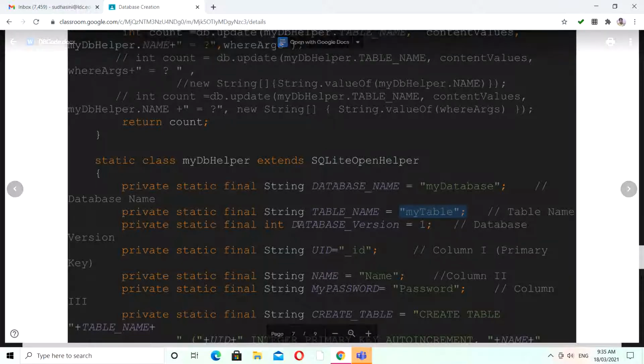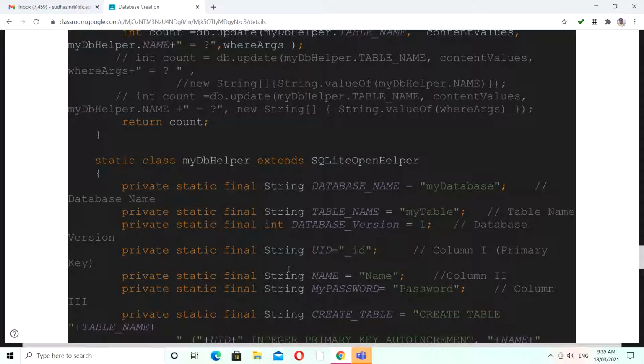The same way we have the database version. We have to give the version of your database, and by default I am giving version 1. Then we have a UID, the user ID, and I am giving an ID like this.